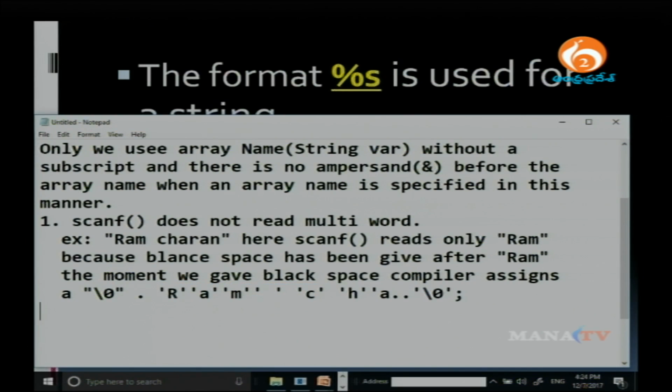So, to avoid such a problem, second point: use the gets function to avoid the above problem.